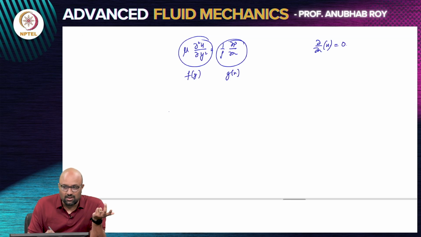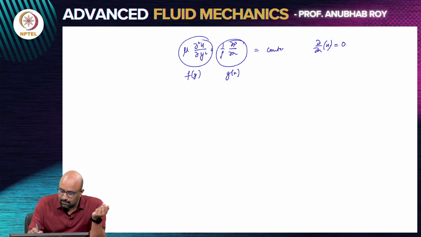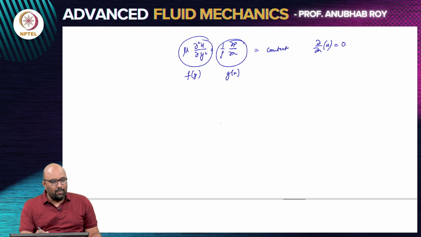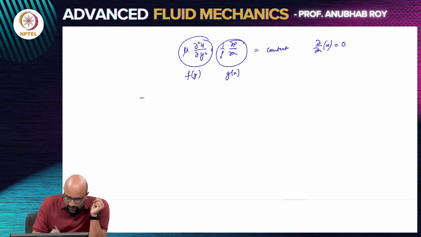Now, that is only possible if they are equal to some constant. The only way you can have a pure function of y and a pure function of x being equal to each other is if those functions take the trivial form of being a constant. So, 1/ρ ∂p/∂x is a constant, which gives me d²u/dy² is equal to